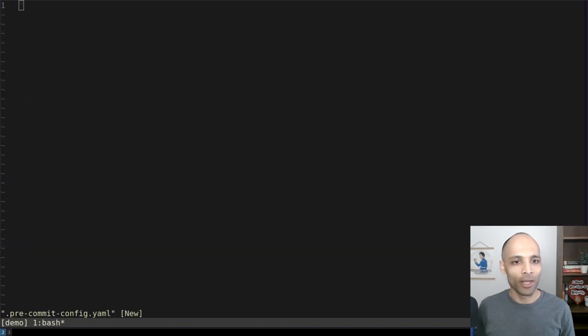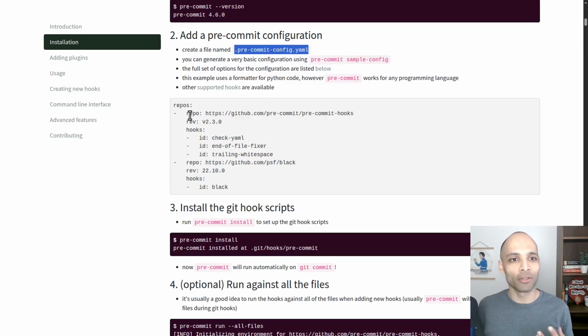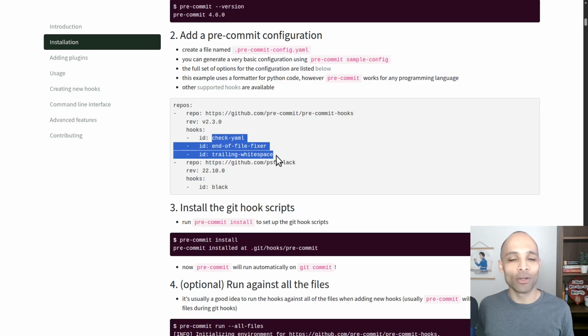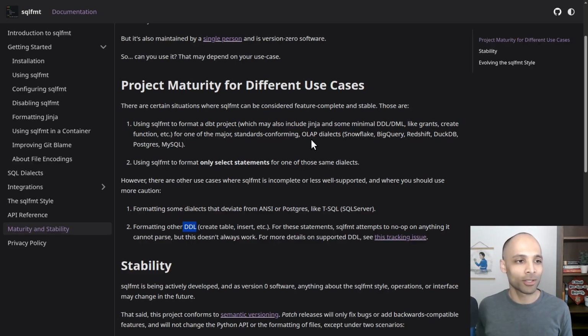There we go. And in the file, you basically have a list of different tools that you want to run as you make Git commits. You reference the repo where that tool exists, and then the IDs of any hooks that are present in that file. We want to run SQL format, so if we go back to the SQL format docs, you'll find in